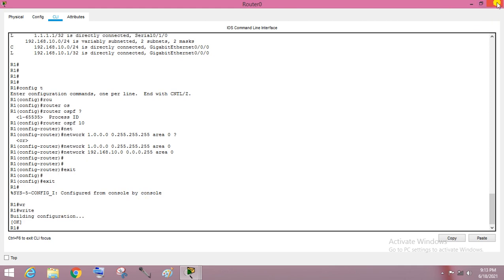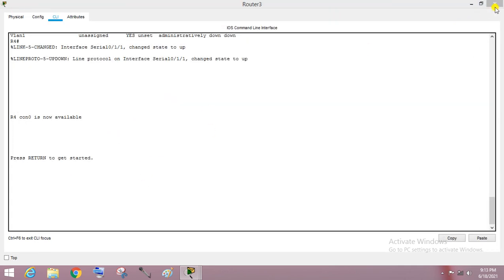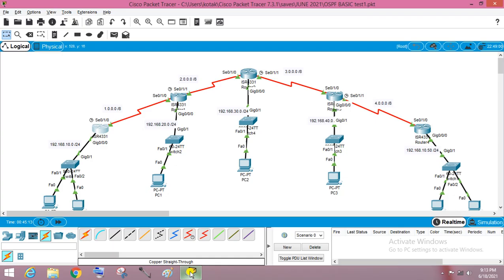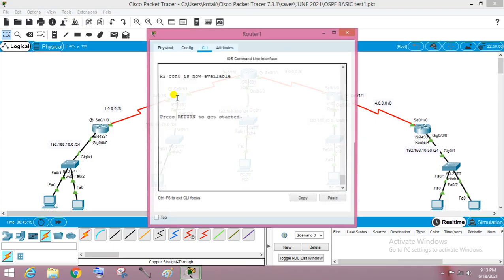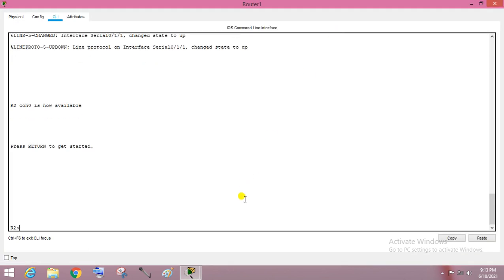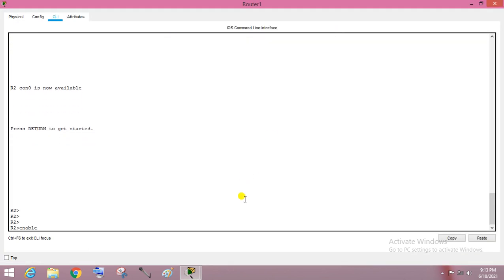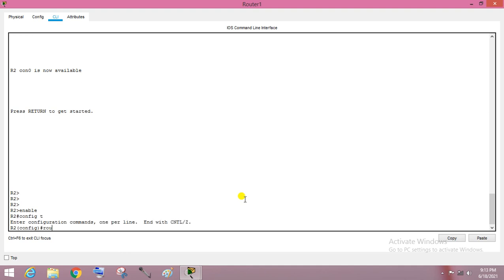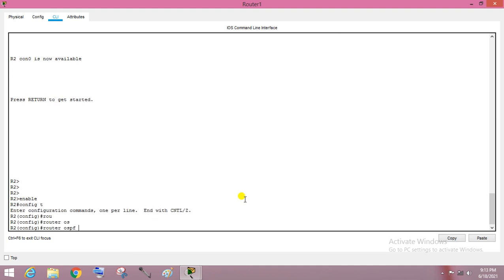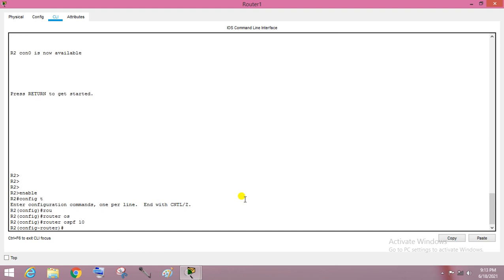Okay, now go to router number 2. Enter the commands: enable, config t, router ospf 10, where 10 is the process ID. Then what is the network?